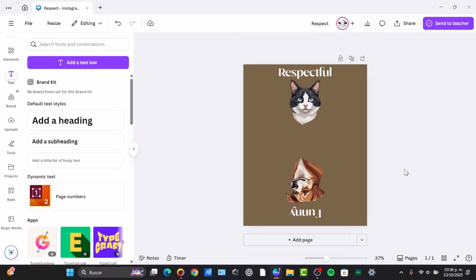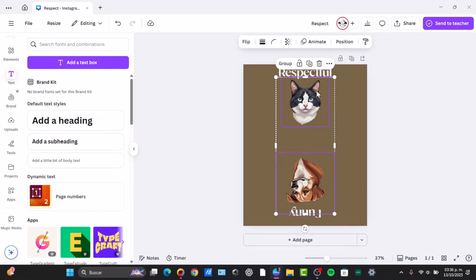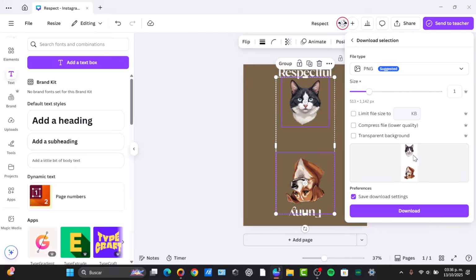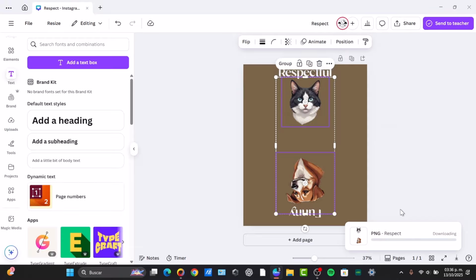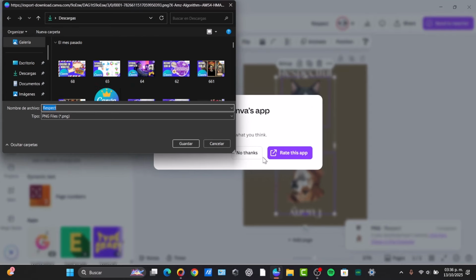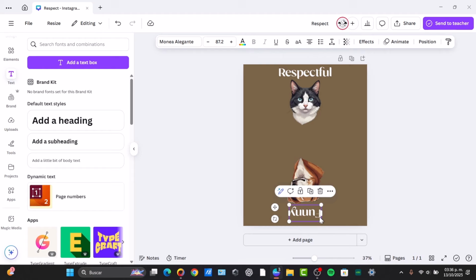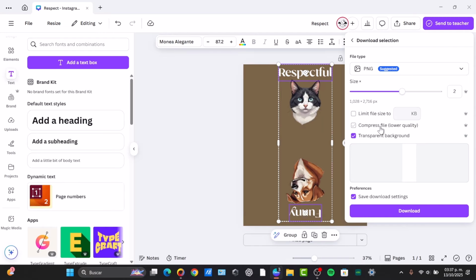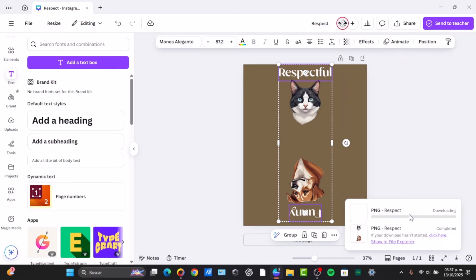With this information, what I need to do is to select these 2 elements, choose download selection, and really important, make the background transparent and choose this size so I don't lose a lot of resolution. I hit download, and once I have the downloaded elements, let's say that I go for respect, no thanks, and then I select both my texts, and then I download the selection once again, with the same values. I hit download,